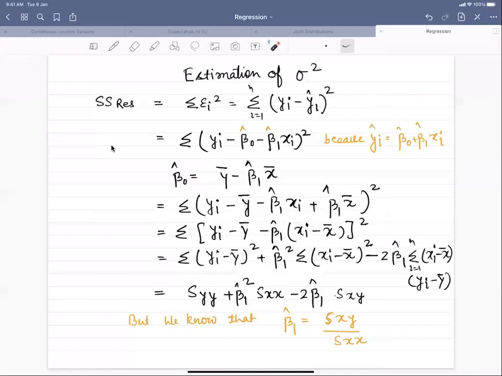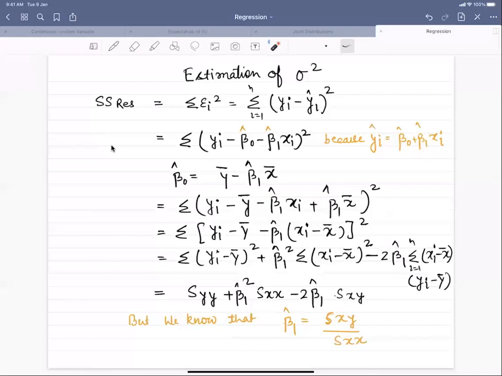So sigma square will be estimated from the sample of the data, as we were estimating beta naught cap and beta 1 cap. And we hope that this estimate of sigma square from the sample is a good representation of what sigma square should actually be for the larger population. So to estimate this,